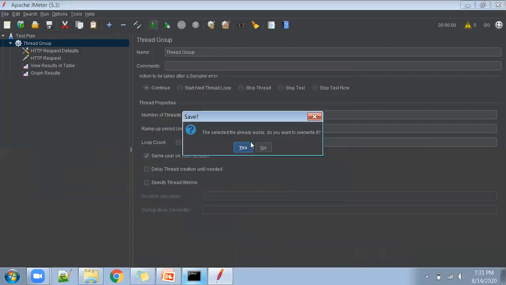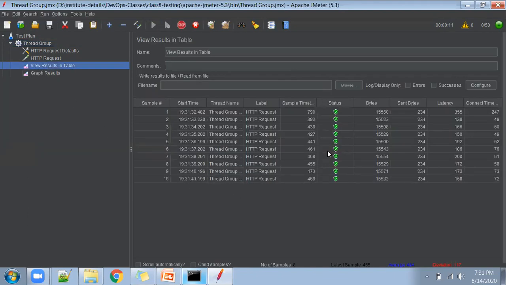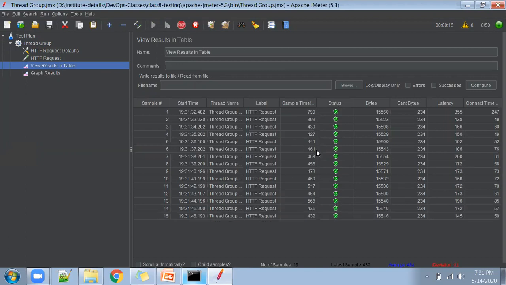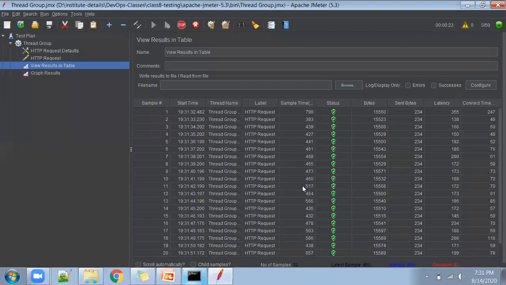It is asking me to save, so I just saved it. And when I click on the test run, it asks for confirmation. Yes. Now if you see, the green button is disabled and the tests are happening here. The count is now increasing. I wanted to see results here. See, all the green marks are coming. That means it is able to reach the Google website and getting the response. You can see the sample time, how much each sample is taking, and how much latency is here,